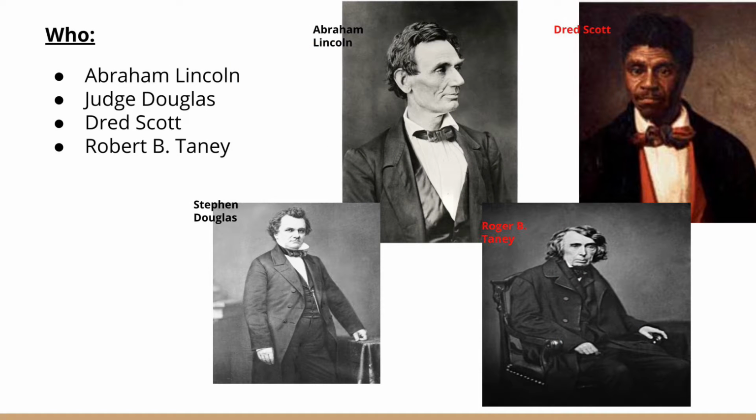Some important people to note are: 1. Abraham Lincoln, who at the time was in contest with Stephen Douglas for the Illinois Senate seat. 2. Stephen Douglas, more commonly referred to as Judge Douglas, Lincoln's competition for the Senate seat. 3rd, and most important, Dred Scott, a former slave who fought for his emancipation, his court case making history and setting precedents. The court's decision on the case caused outrage and led influential people like Lincoln to speak in opposition to the ruling. Lastly, Judge Robert B. Taney. He was the Chief Justice of the Supreme Court that ruled over Dred Scott's case.